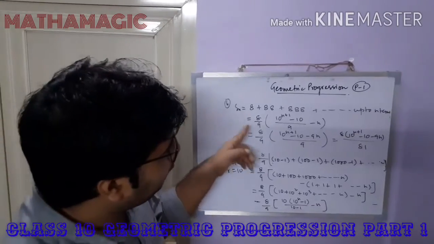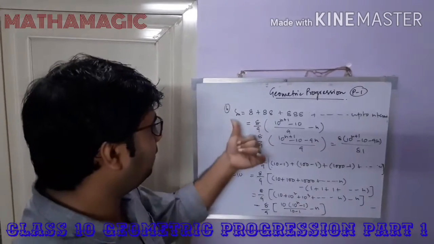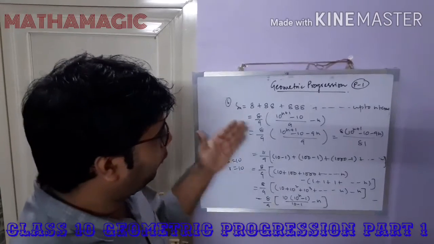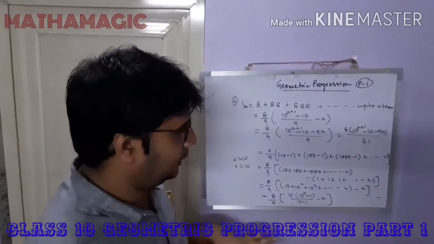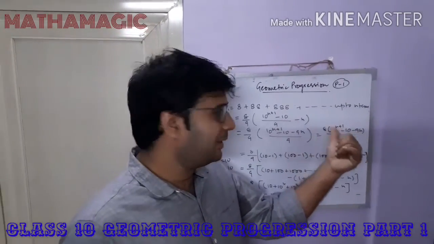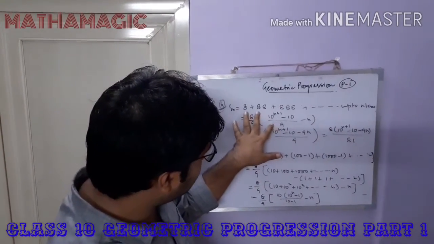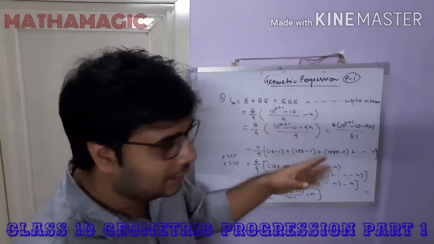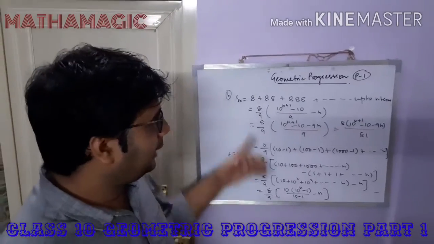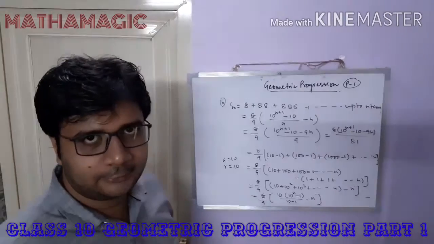This is the result which states the sum of n terms of this series. If you want to check whether you have done the correct calculations or not, just do one thing. Just put 2 in place of n, so that whatever value you get should be equal to the sum of these two terms, that is 96. If you put 2 here, then the value should come as 96. Then only you can be sure that you have made a correct calculation. This is a trick for checking whether you have done the correct calculations or not.